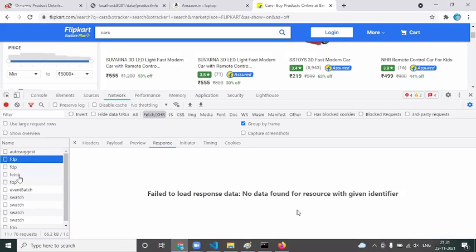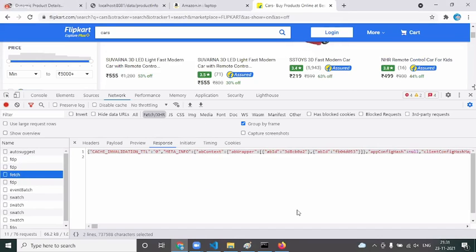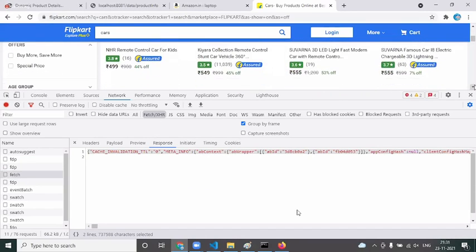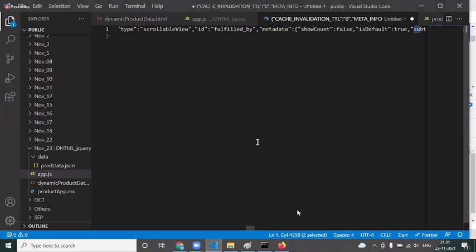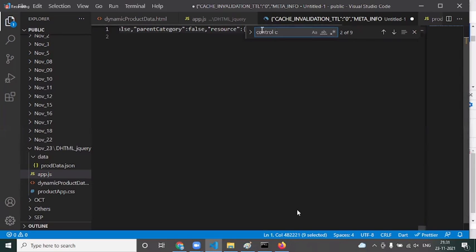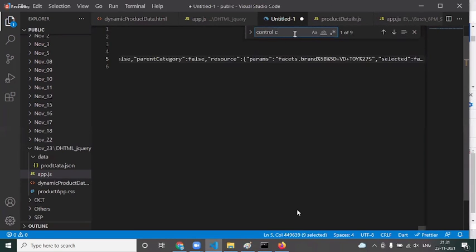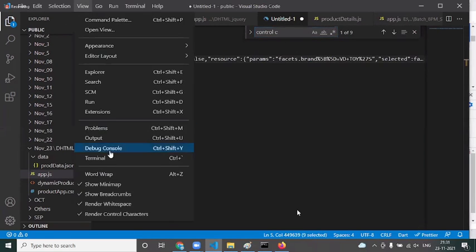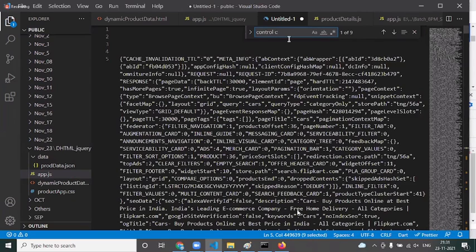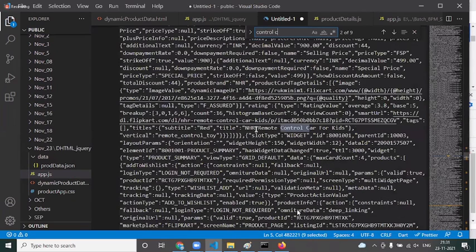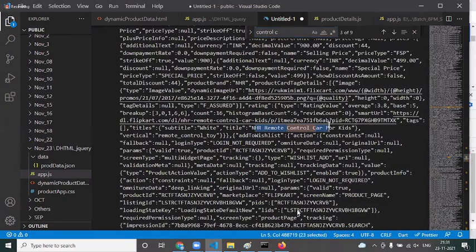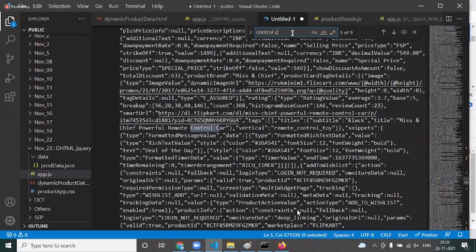FDP, which is the one that has to be it. See here, whatever the message you see, NHR remote control car for kids, every other thing is a part of this.